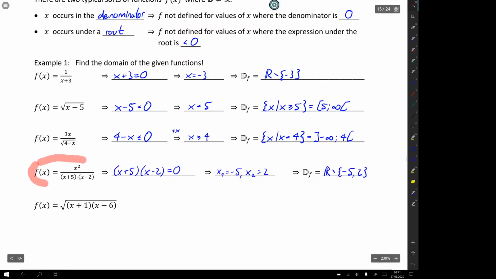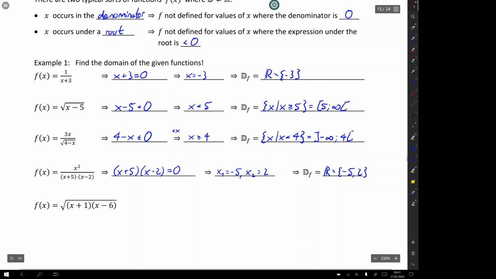In this example, the x occurs in the denominator. Again, the numerator is not important. So we have a problem if the denominator here is equal to 0. This means if x is equal to minus 5 or equal to 2. So our domain is all values of R without